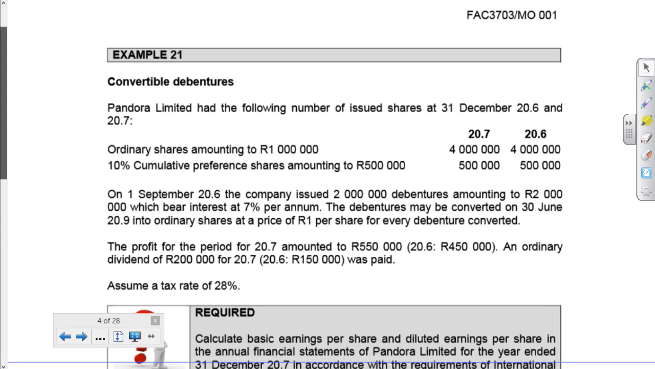So it'll be equal. Do you agree? Equal number. They said the profit for the period was 550 and 450, and there was an ordinary dividend that was paid. So my first step is to work out basic. There are some cumulative prefs for 10% ones. So my basic profit,